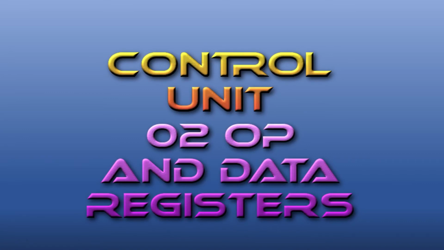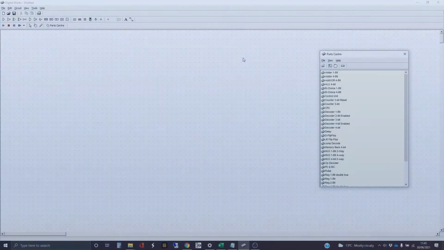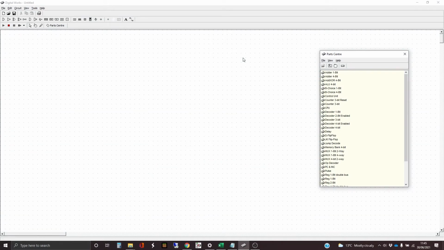Hi, my name's Dan, and this video is one in quite a long series of videos in which I'm charting the progress of making a 4-bit CPU, a simulated 4-bit CPU from basic logic gates all the way up to a working programmable CPU. I'm using this software, which is DigitalWorks, which is free to use, and a link to where you can get hold of it is in the description down below,